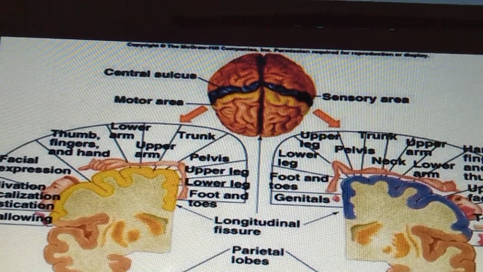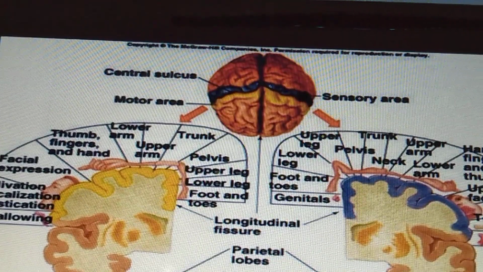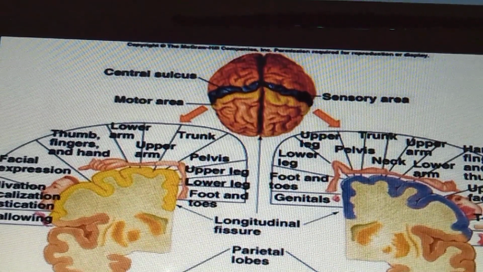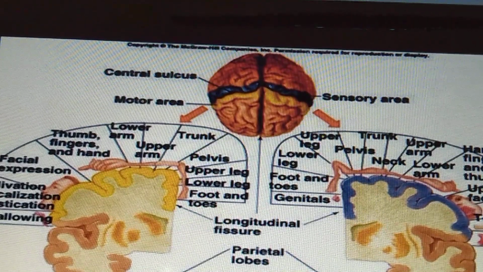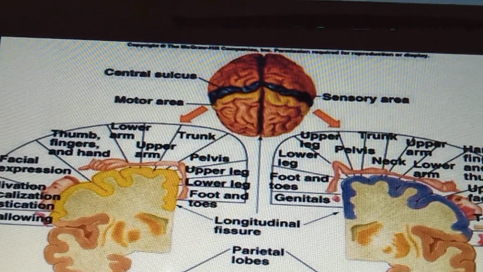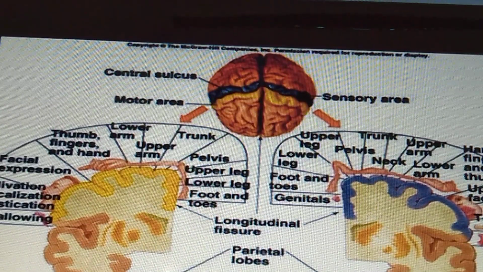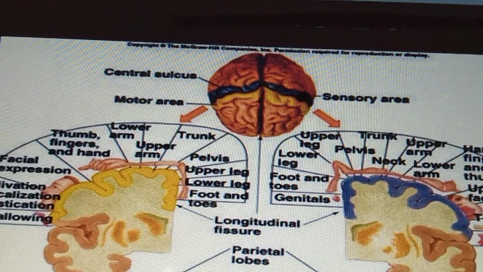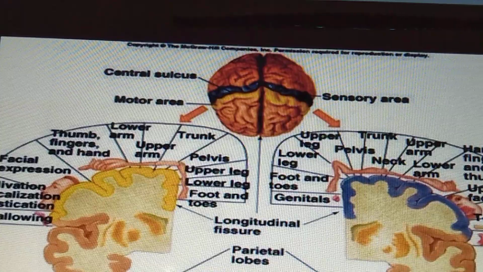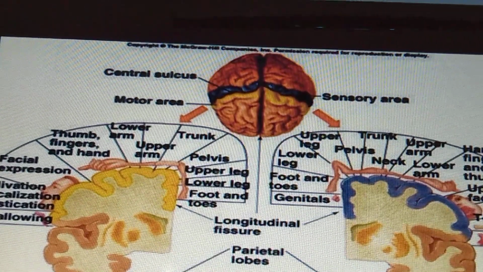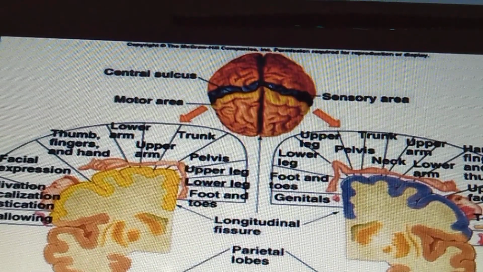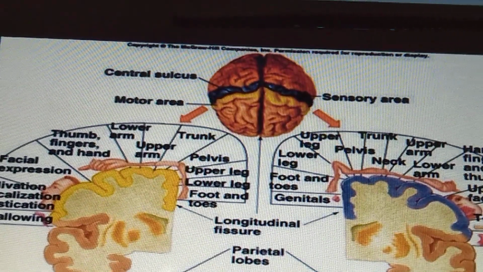Now see, the afferent fibers mainly are coming from the ventral posterior nucleus of the thalamus. And this thalamic nucleus is the site of the termination of all the fibers of the medial lemniscus. Medial lemniscus we have already studied with the brainstem, especially with the medulla oblongata. It is formed by the crossing of the internal arcuate fibers. So that one thing you should know.